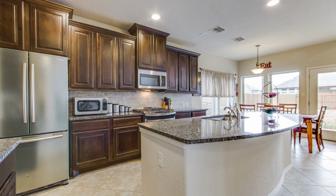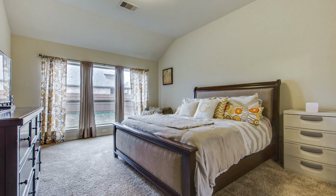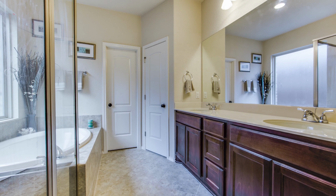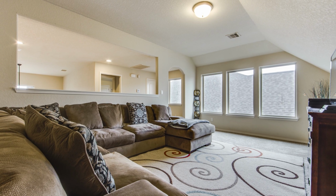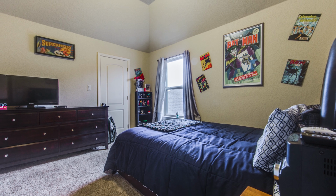Their open floor plans have kitchen islands and breakfast areas overlooking the two-story living room. You've got the primary bedroom downstairs with double sinks and a separate tub and shower in the bathroom. And then upstairs, there's a really good sized game room, loft area, and three additional bedrooms that give everyone the